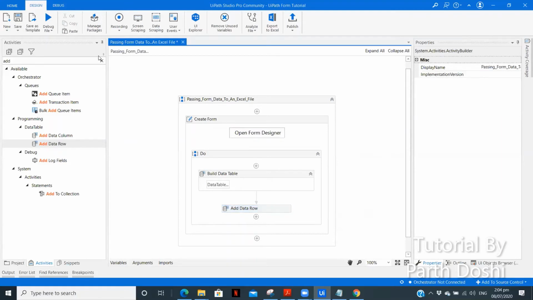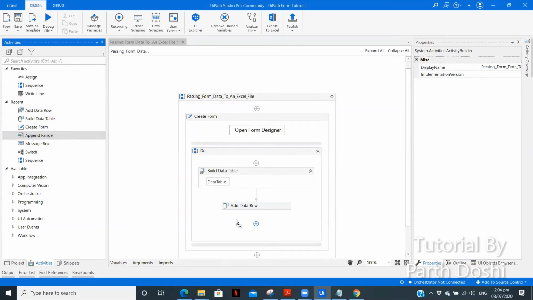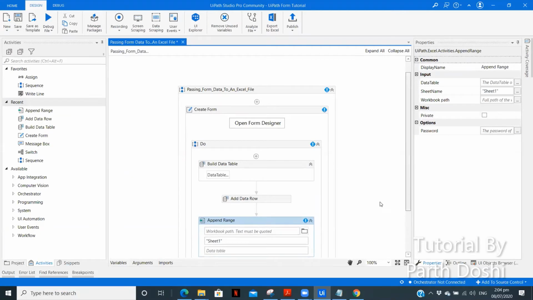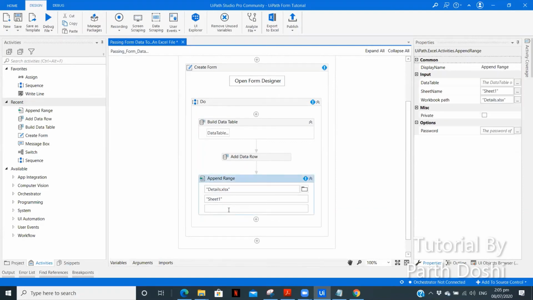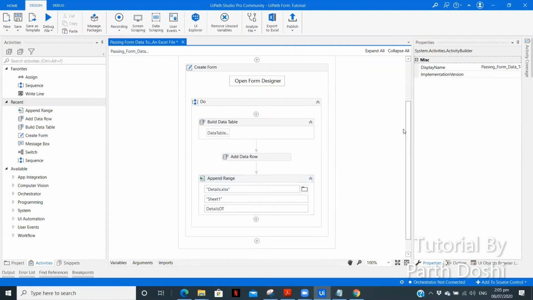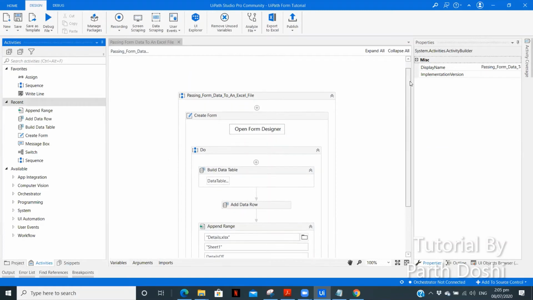So now after we have added a data row of the variables or the data we have extracted, we need to drag an append range over here, and that will pass details.xlsx. Here the data table we are going to pass is details data table. So now we have completed all the steps required for the objective we want to attain.